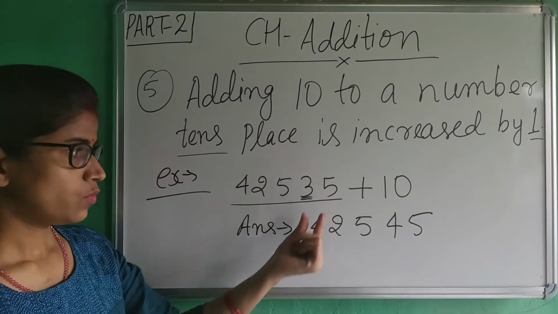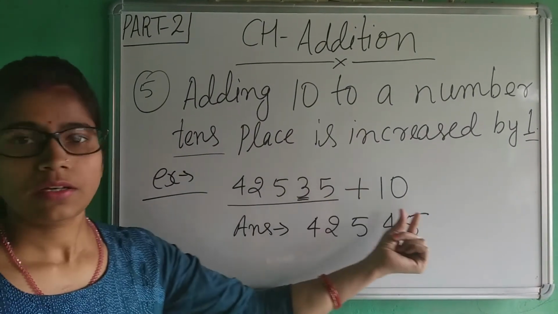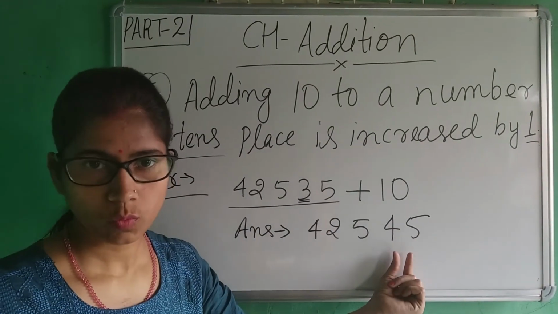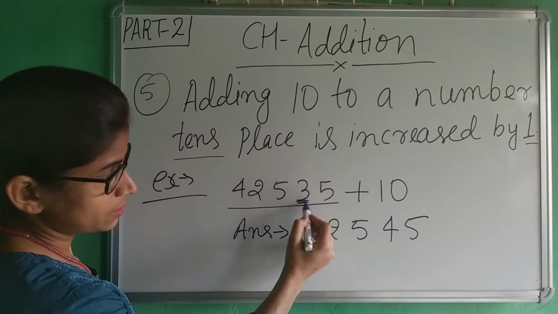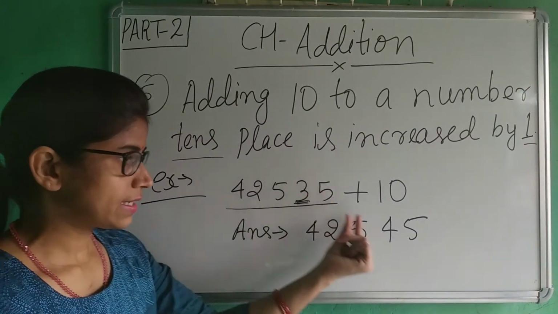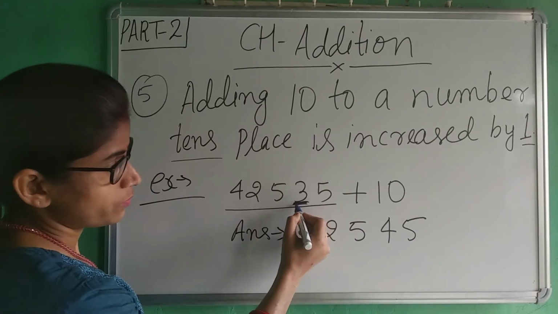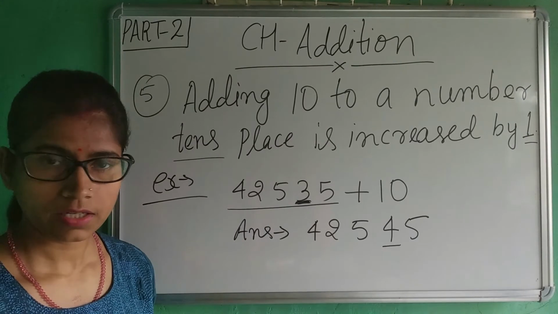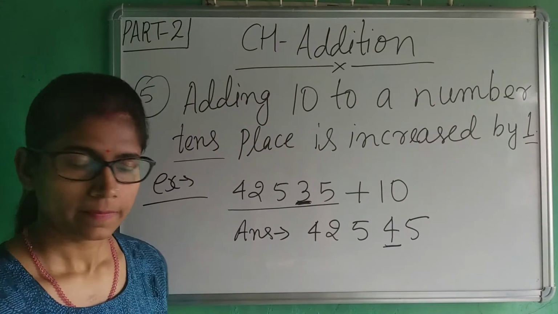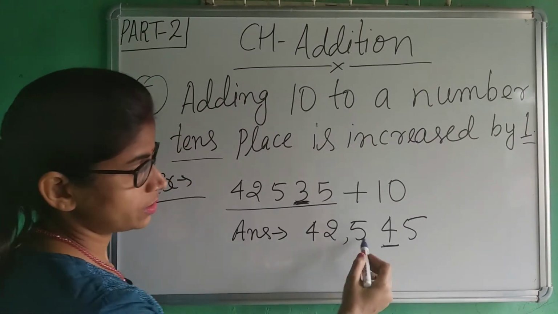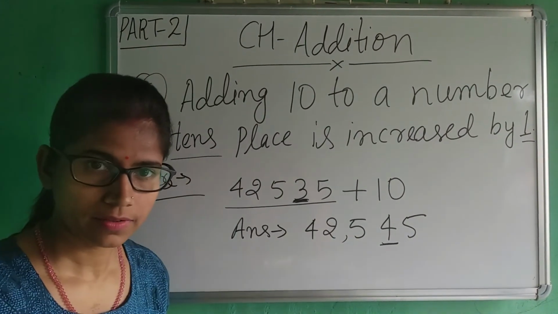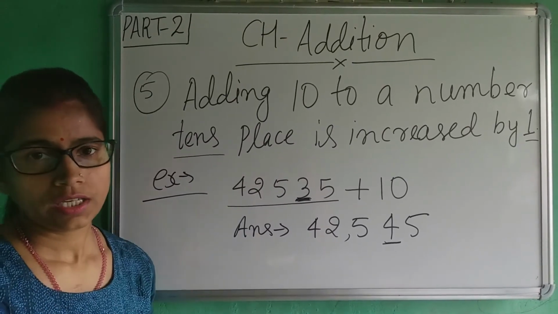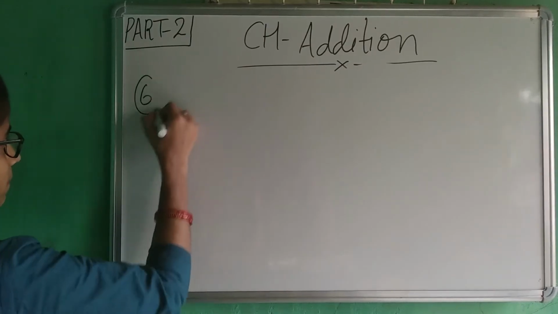Getting it? When you add 10 to any number, the tens place will increase by 1. So, where is your tens place? Here is your tens place. It will increase, and you can see here before it was 3 and now it is 4. It is increased by 1. So, your answer is 42,545. Understood? Let's move to the next property, adding